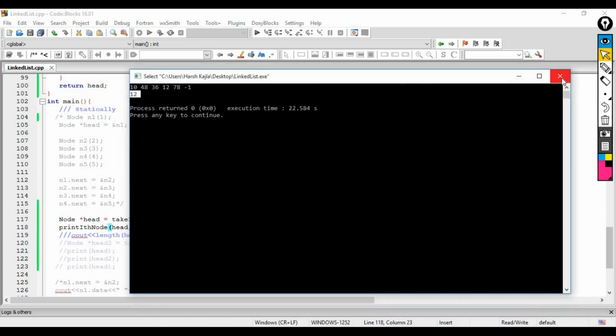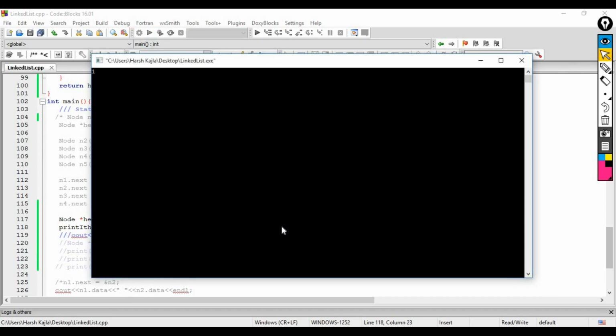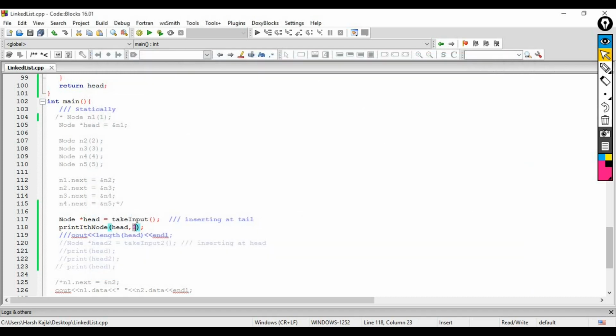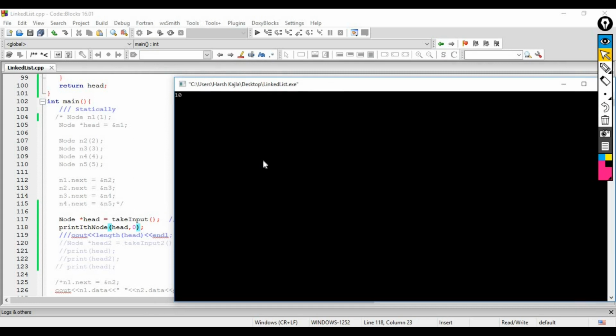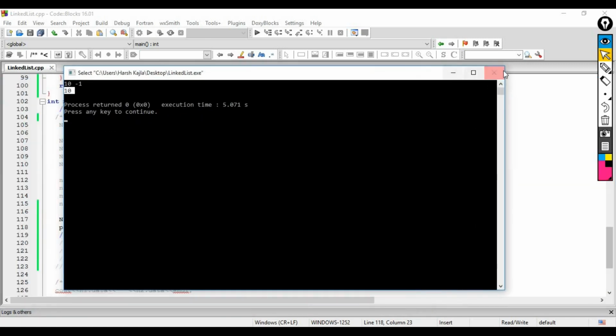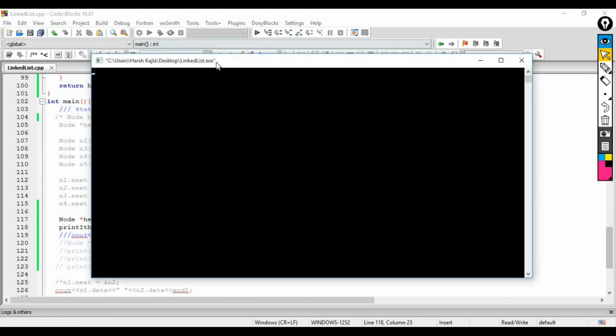Now let's test it one more time. So this is my linked list, 10 and -1. Okay, so let's change it. For example, print the 0th node. So 10 and -1, so the 0th node is 10. Indexing starts from 0. Okay, now let us test for invalid values of I, invalid values of indexes.